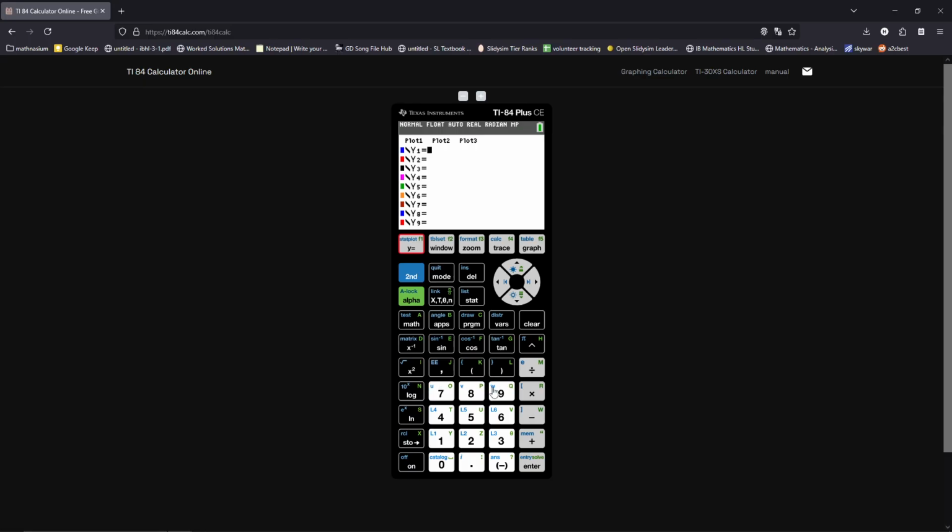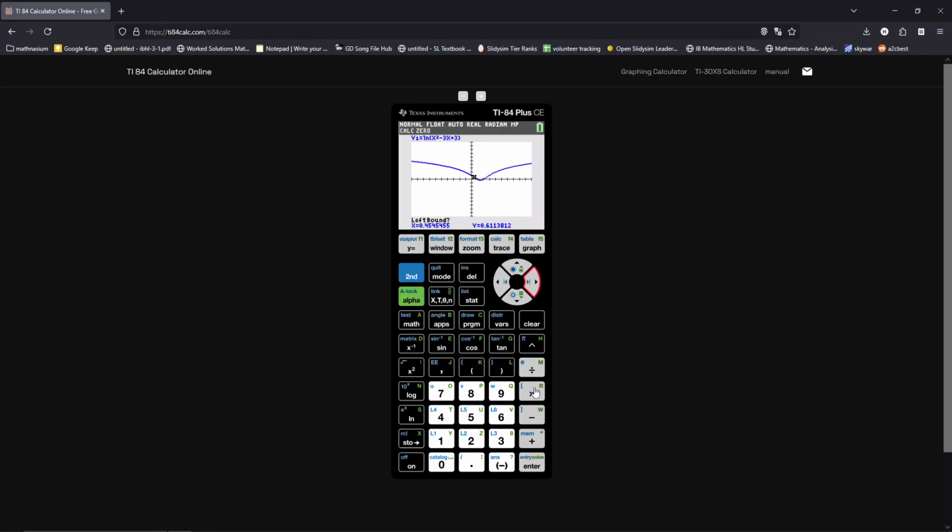So the function of our velocity is going to be ln of x squared minus 3x plus 3. Graph this. And now we have our zeros here where it switches signs,